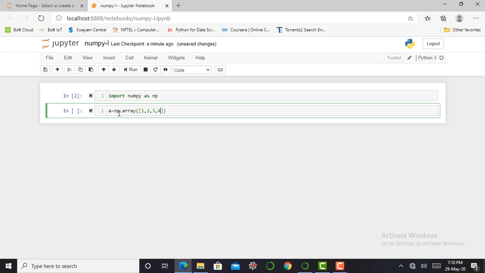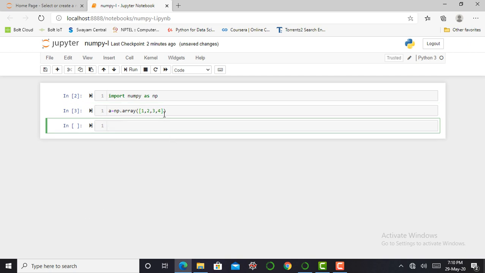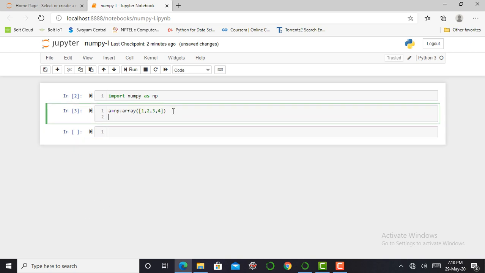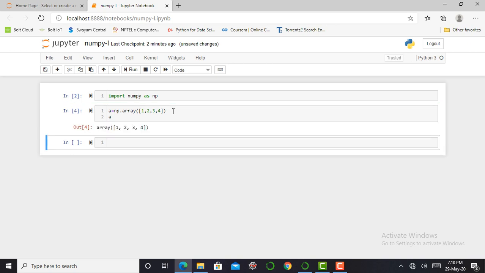Then I can simply press Shift Enter. Oh, it is not printed, so simply put a and Shift Enter. You can see the array of 1 2 3 4, which has 4 numbers.